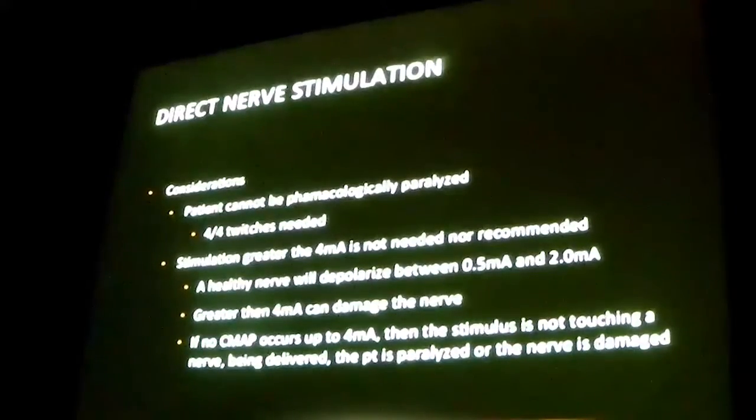A healthy nerve depolarizes between 0.5 and 2 milliamps. If you stimulate greater than 4 milliamps, you can damage the nerve. And that is a question on the CNIM for those of you that are taking it, so just keep that in mind. You don't want to go above that, and you really want to go in 0.5